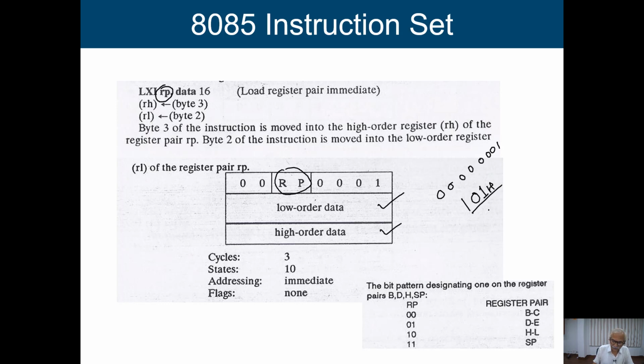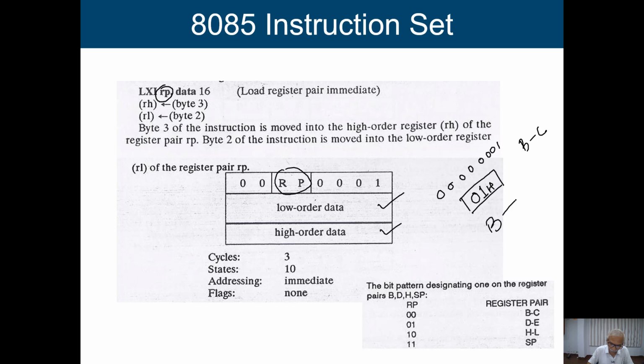So 01 with 00 means register pair BC. When I have this particular 01H, it is going to transfer byte 3 to the register high. B is my register high.